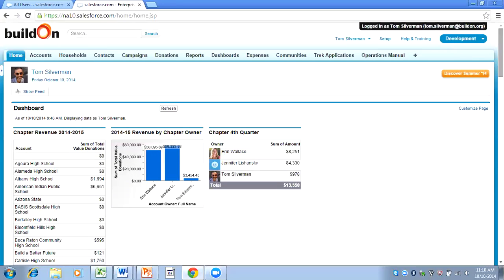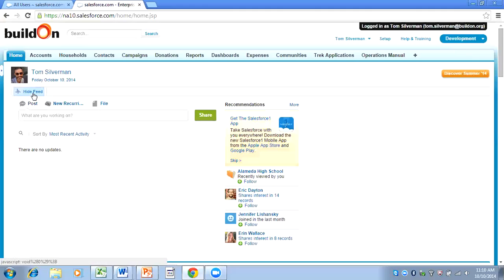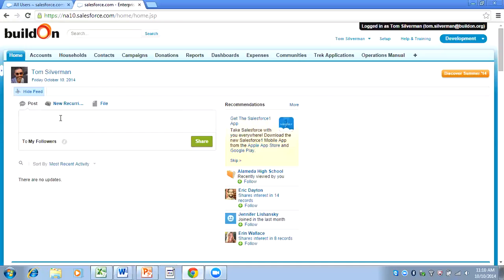one thing also you'll notice is we have what is here called a feed. And this is a feature of Chatter in Salesforce. And this is just another good way to communicate with each other internally. We might not be rolling it out in all the different ways that Chatter is used for, but initially what you can use it for is if maybe you're working with someone and you just want to let them know something that's happened in Salesforce or something's going on, and it's not something official, but maybe it's just like a